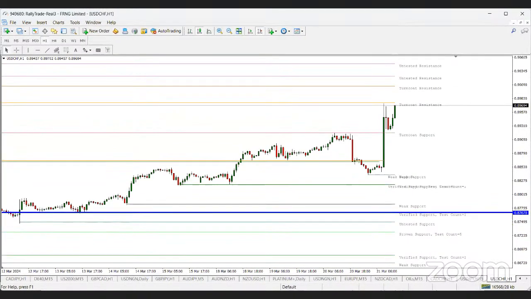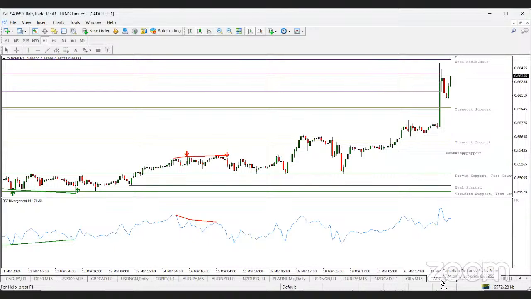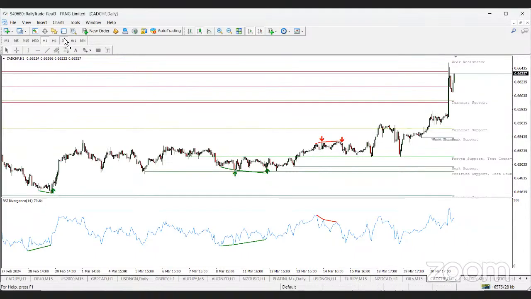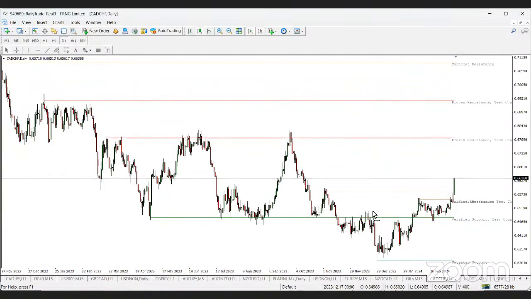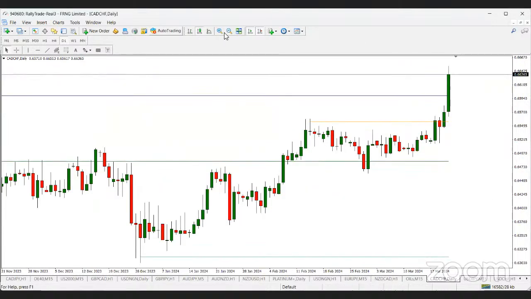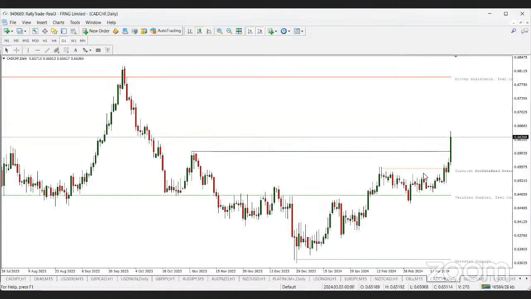USD CHF will likely break this resistance. I'm telling you, likely break this resistance. Let's see CAD CHF. It will likely break this resistance because CHF reduced their interest rate. Now remember, please listen, on this CAD CHF, for instance, price has broken structure. Price has made a new high that broke above this particular resistance zone here. So whatever retracement price is coming back to do, it's actually to push up. It is coming to fill in orders, filling gaps, and then